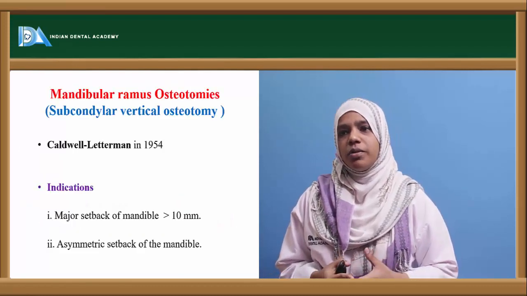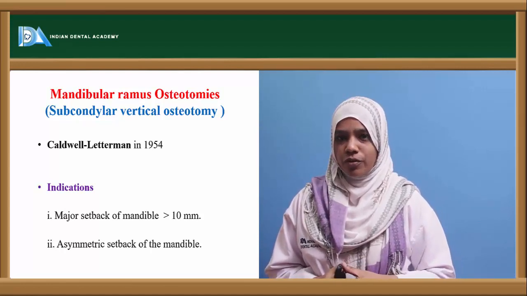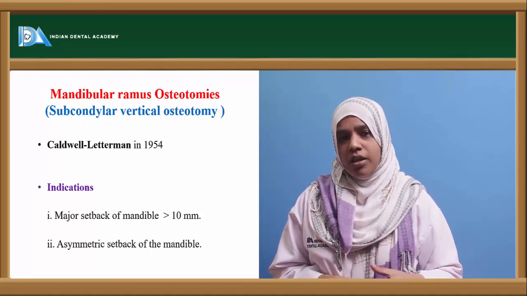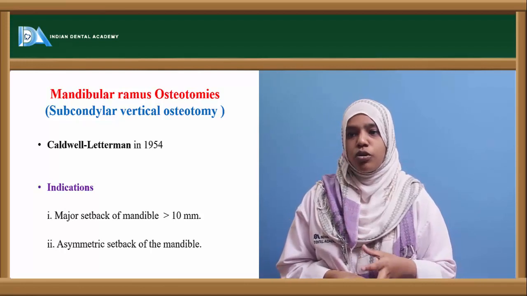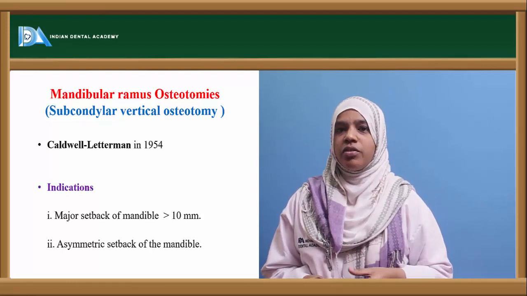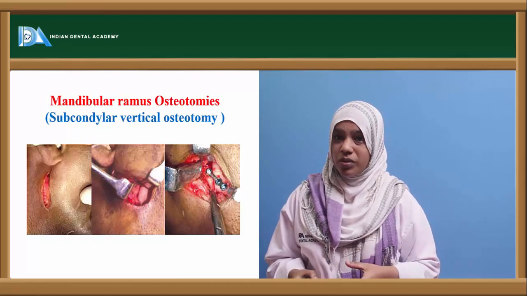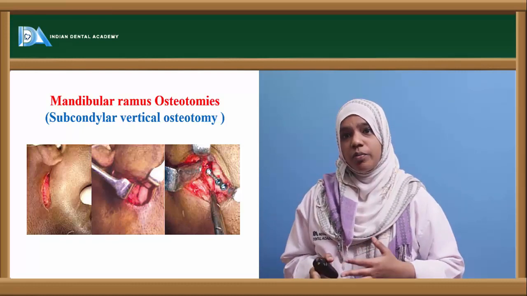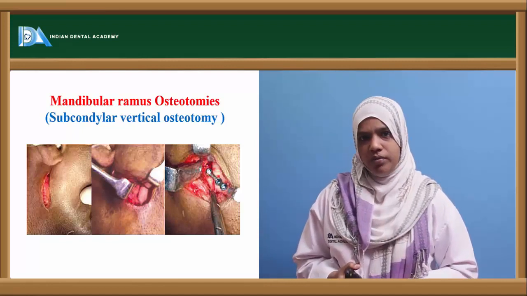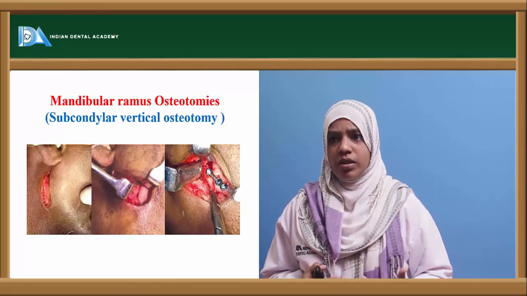Now let's move on to the mandibular ramus osteotomy procedures. In 1954, Cardwell was the first one who proposed the subcondylar vertical osteotomy. The indication of this procedure is when you want to do a mandibular setback of more than 10 millimeters, and when you want to do an asymmetrical setback of the mandible. This procedure has to be done extraorally. You could either give a post-ramal incision or a submandibular incision to gain access to the ramus. Once you give an incision of around 2 to 3 centimeters, you can extend it to 4 centimeters,